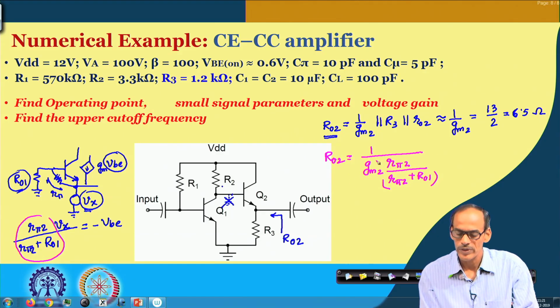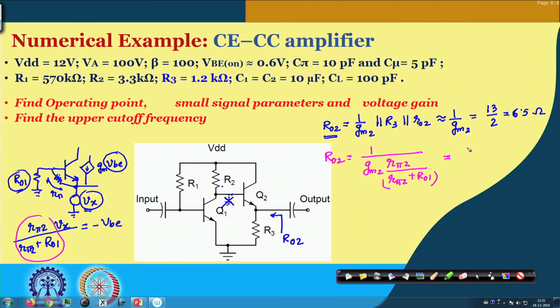So, now we know the value of different parameters. We have 13 by 2, and R pi it is 0.65 kilo, and R O 1, earlier we have calculated, it is 3.1 K. So, if I consider the 3.1 K and 0.65, that gives us the different value of this R O 2, and I do have this calculation for you. It is coming 36.36 ohm. So, note that this is different, but still it is quite low, and the pole